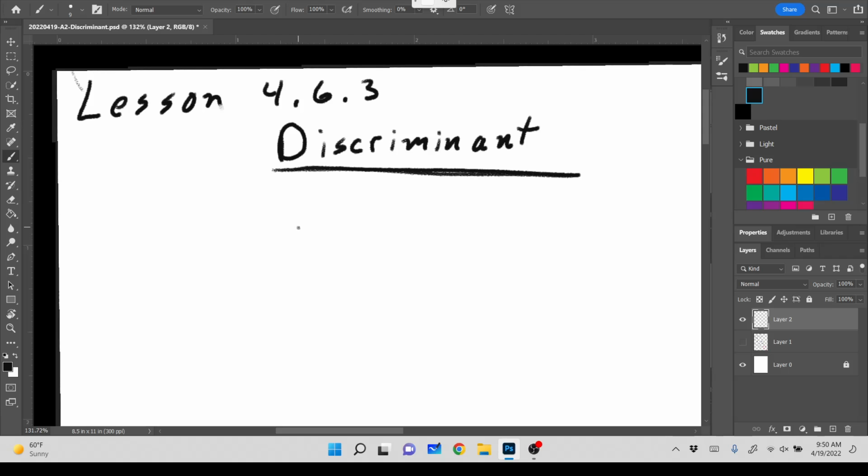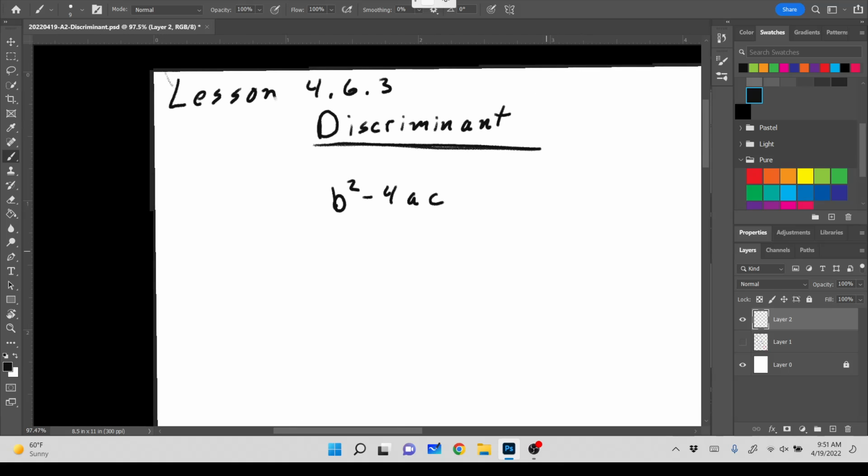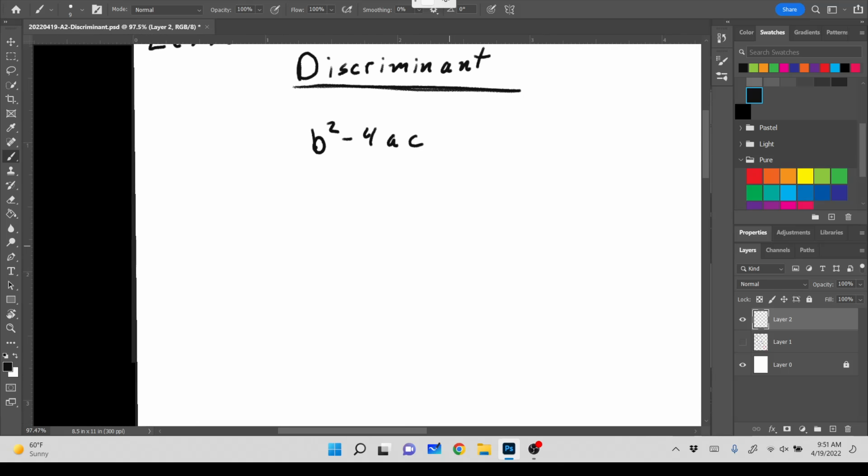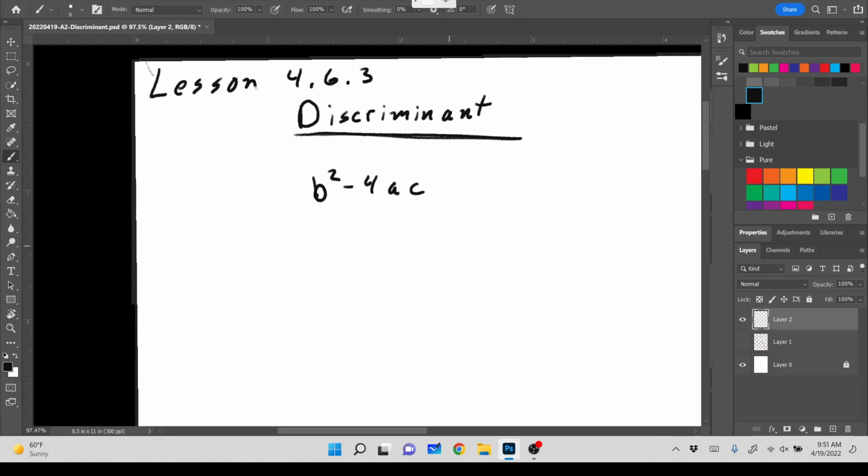The discriminant is b squared minus 4ac, which you should recognize where that comes from, right? And the reason why the discriminant is important is because if we're just trying to get a basic idea of a graph or a function, we can get it from the discriminant, okay? So, if the discriminant is greater than 0,